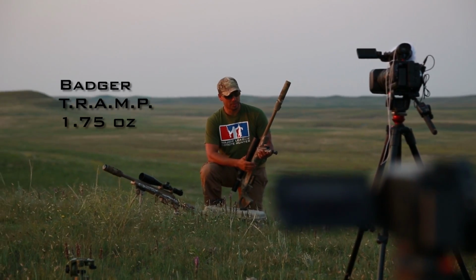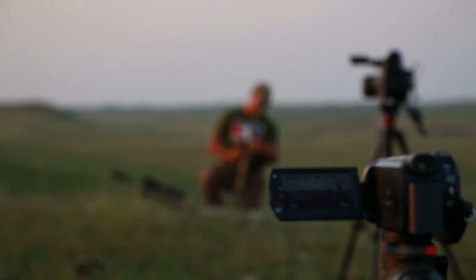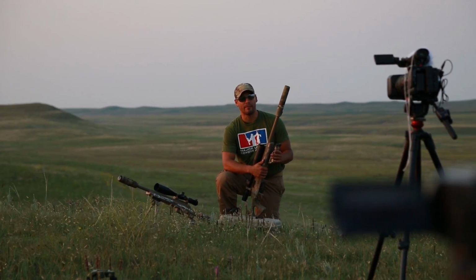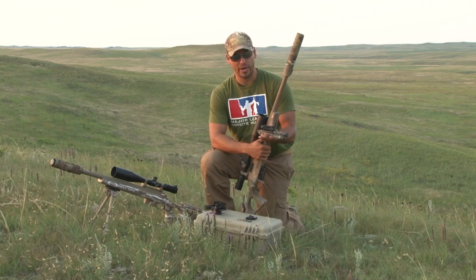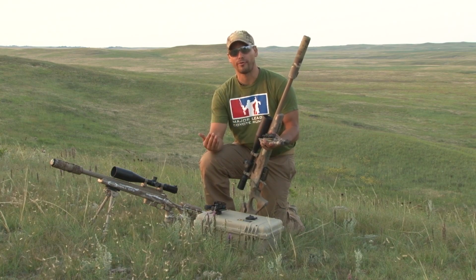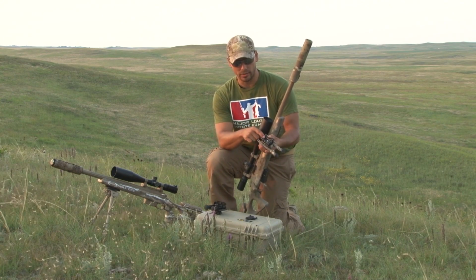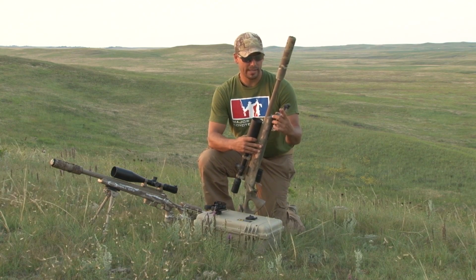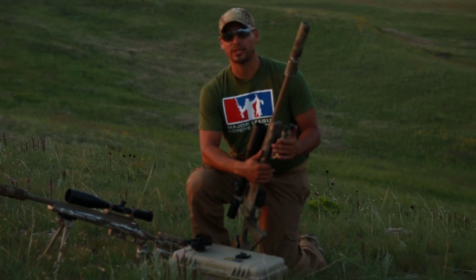It does have a little bit of drawback in that with the polymer sliding over the rail system, depending on how in spec your rail is, it may or may not fit perfect. It might take some growing pains as far as sliding it on and sliding it off. I did run into a situation where I had one rail where the rail had mounting screws that protruded farther out than the bottom of the rail, and this would not slide over. Now you could easily fix that by taking a little bit of material out of the bottom of this and out of the bottom of the other side, so that when you pull down on your mechanism, it slides on easy. But that's the only downfall that I've seen with the Badger T.R.A.M.P,